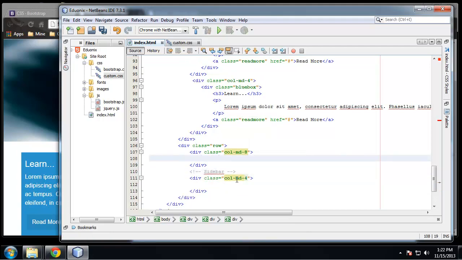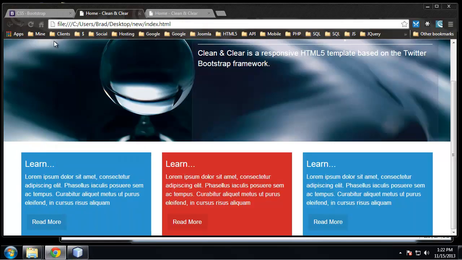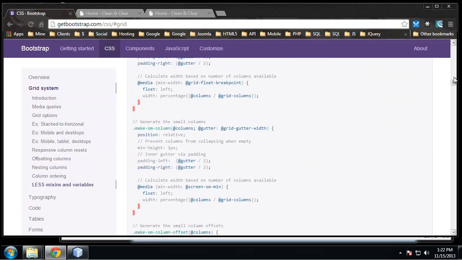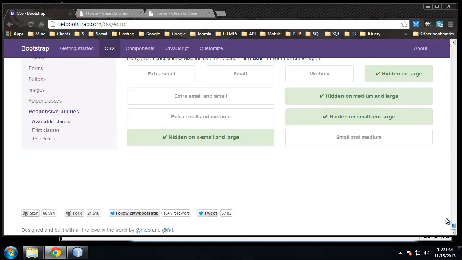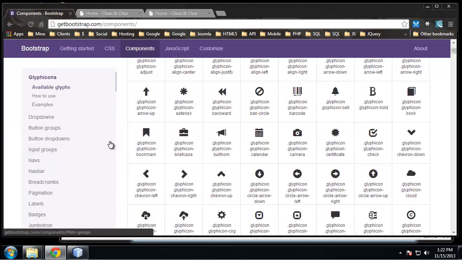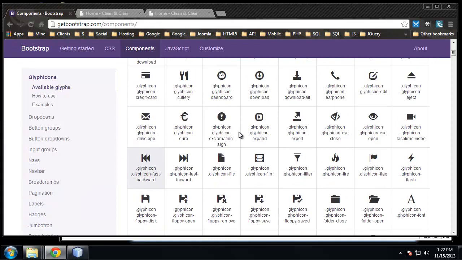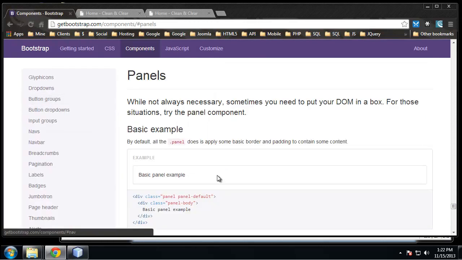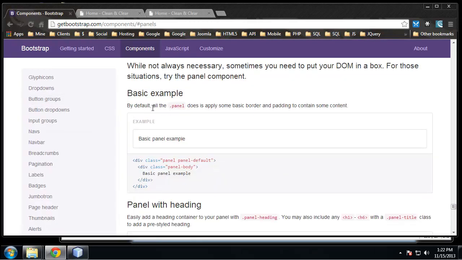So let's start in here. What we want to do here is use a panel. So if we go to the Bootstrap site, on the components, where is it? Panels, where are they? Right here, panel. Alright, so